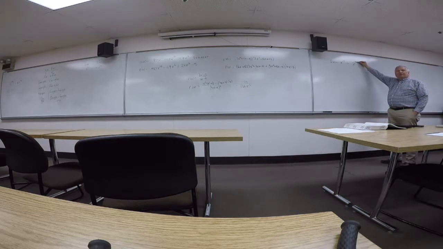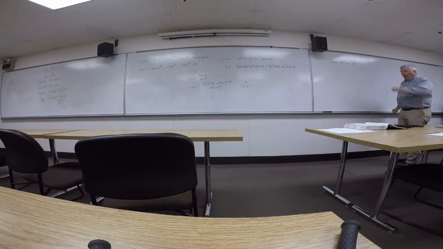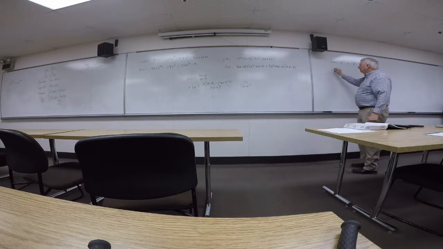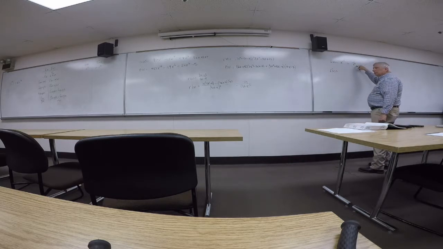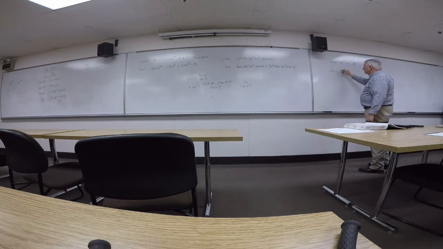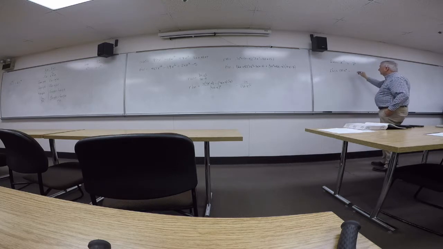A constant function divided by a non-constant function, but still a ratio of functions. So we can use the quotient rule. f prime of x is derivative of the first times the second, or derivative of numerator times the denominator minus numerator times derivative of the denominator